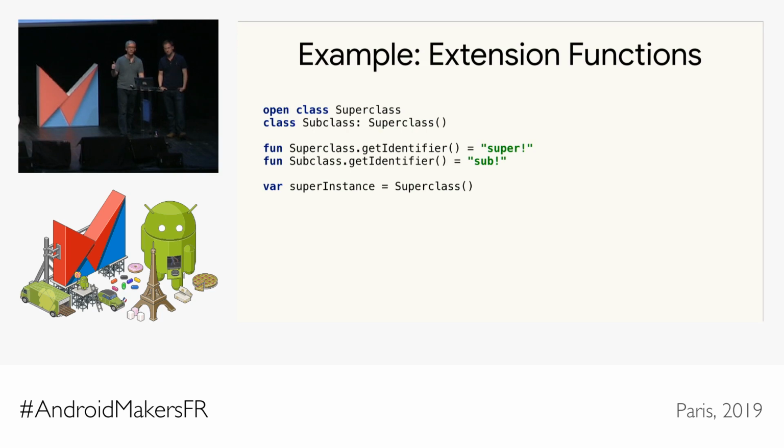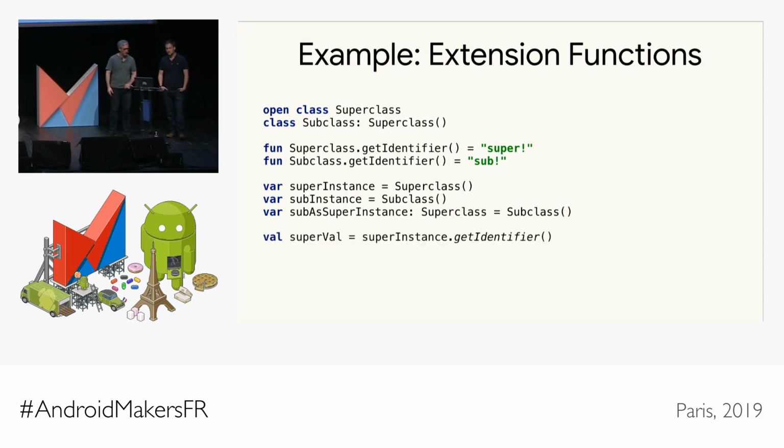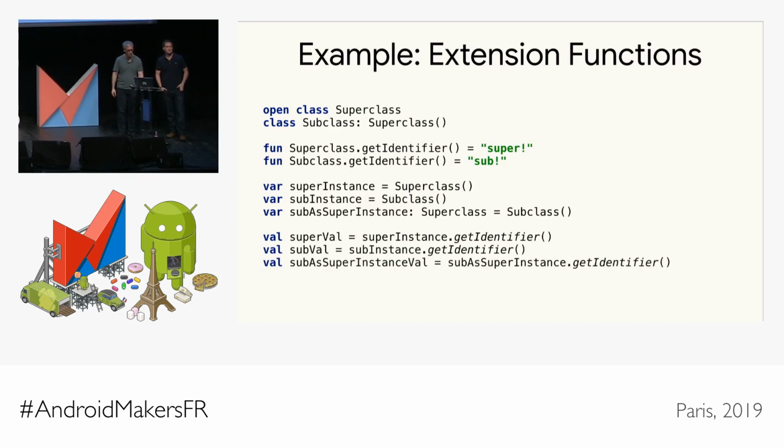So we have one instance that is an instance of the superclass, another instance of the subclass, another instance of the subclass but cast as a superclass. And then the question is, what happens when we call getIdentifier on each of these? And then there's a fourth example here where we just do a runtime cast instead of casting it at declaration time. So the first one, when we call getIdentifier on the superclass, it's going to return,